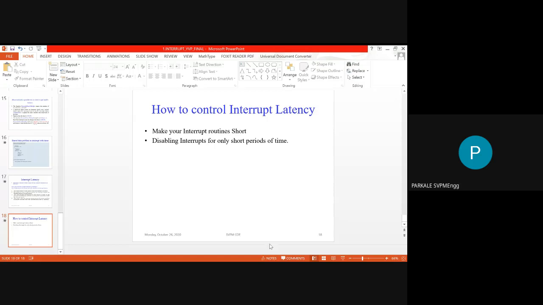I hope you have understood. Just give me confirmation in the chat box whether you have understood or not: yes, no, or whether I should repeat the topic. From Deshmukh I have received only yes. What about the other people? Have they not understood? If you understood, try to give the response also. Okay, I feel very happy.